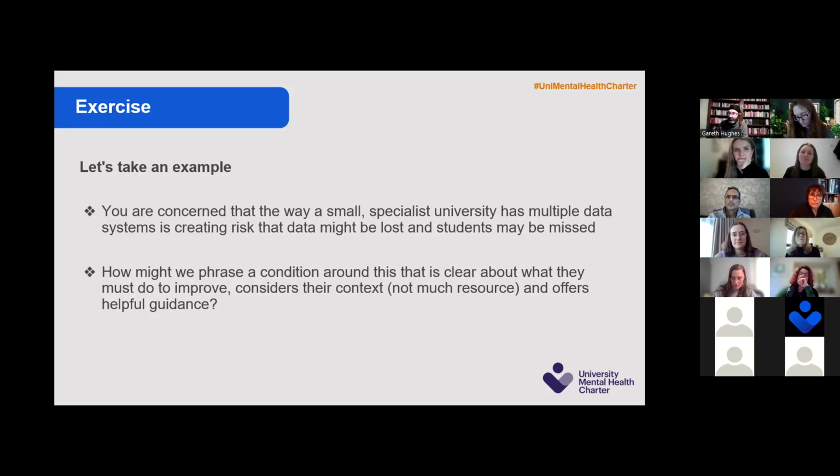Did we get to one in the other group, or was it just a conversation? Yeah, it was more of a conversation. Okay. And spoke about examples and things that we'd seen. But we also discussed, in terms of conditionality, reviewing where they're at. So what systems they have, what data they collect, who has access to it, what it's used for, and how